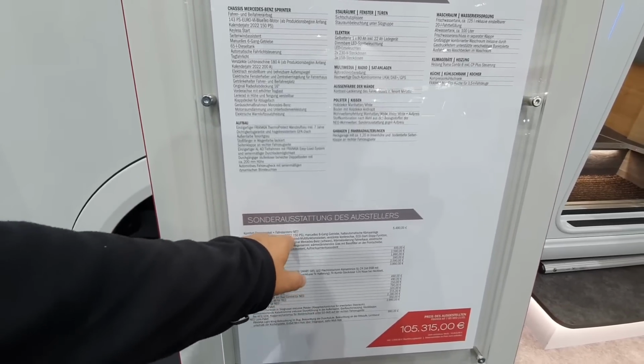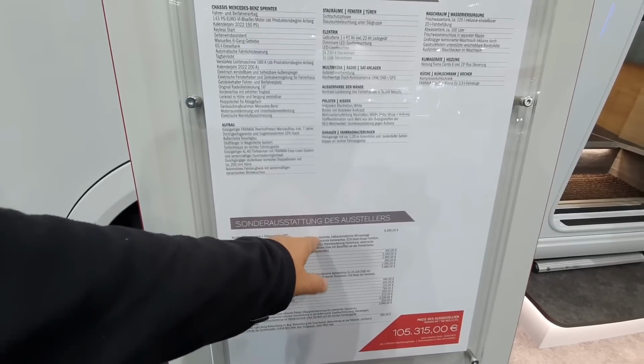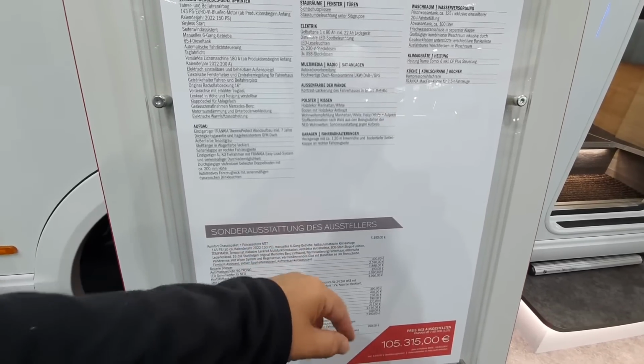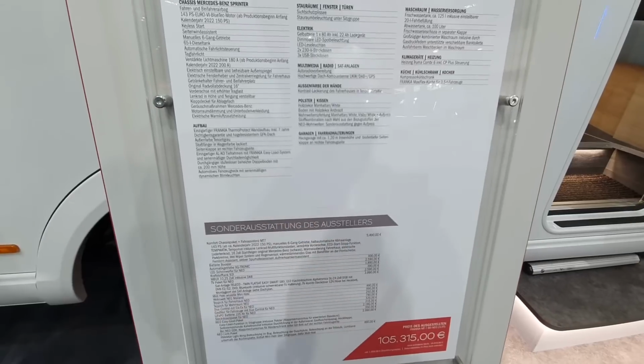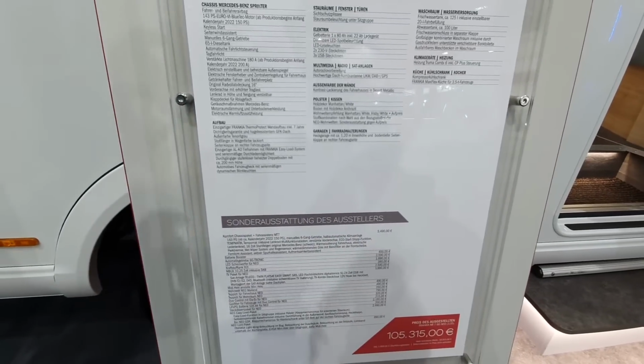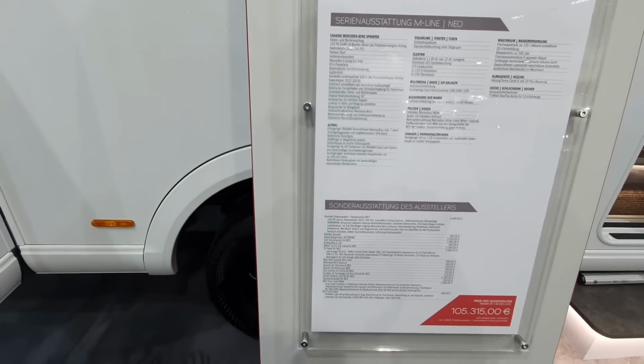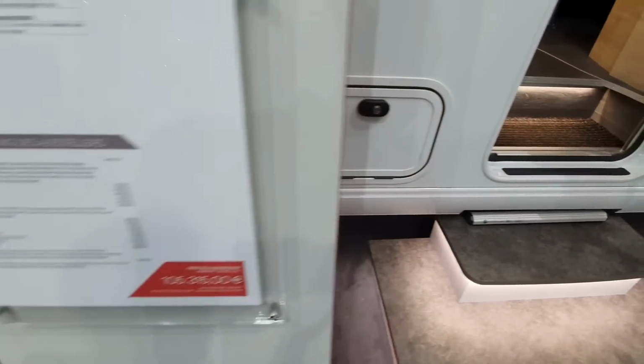horsepower, but in calendar year 2022 150 horsepower, manual 6-speed gearbox, half automatic, AC, and it's got cruise control. It's got all sorts of other stuff as well. Right, anyway,